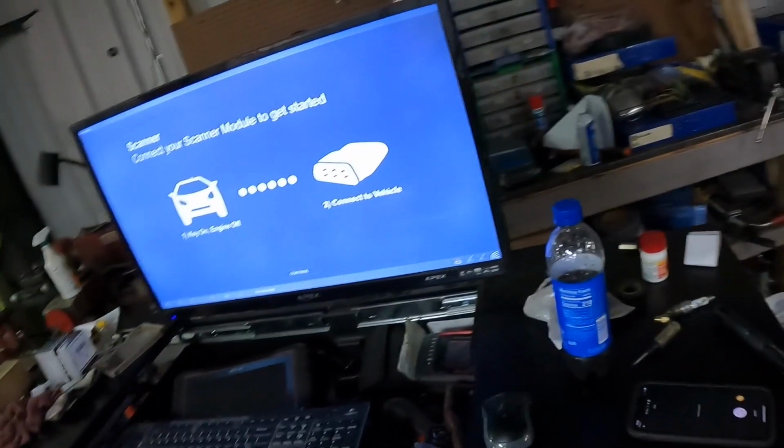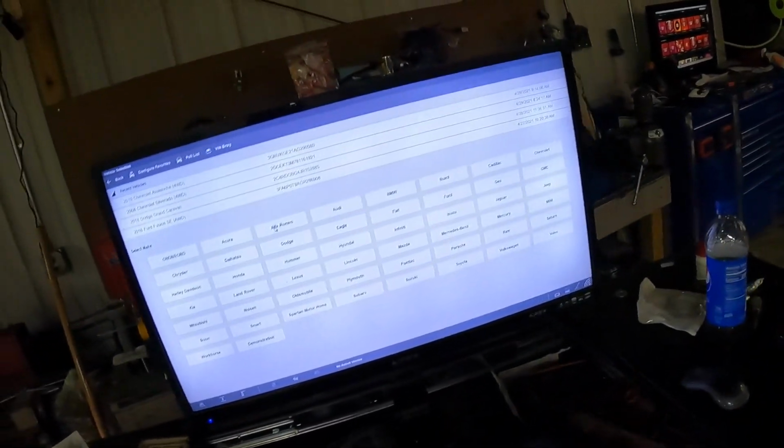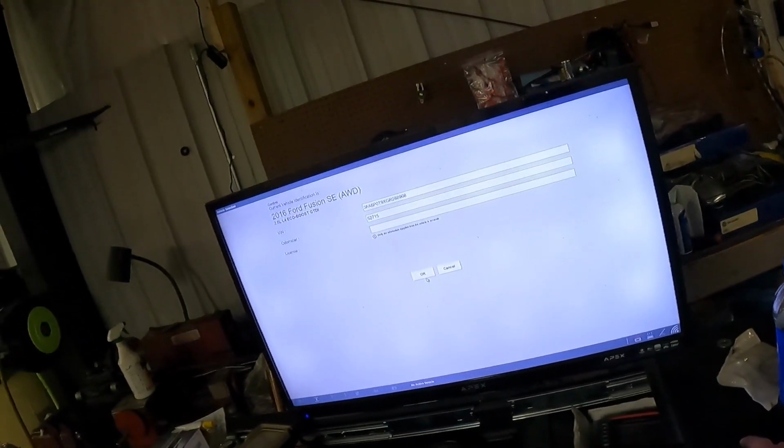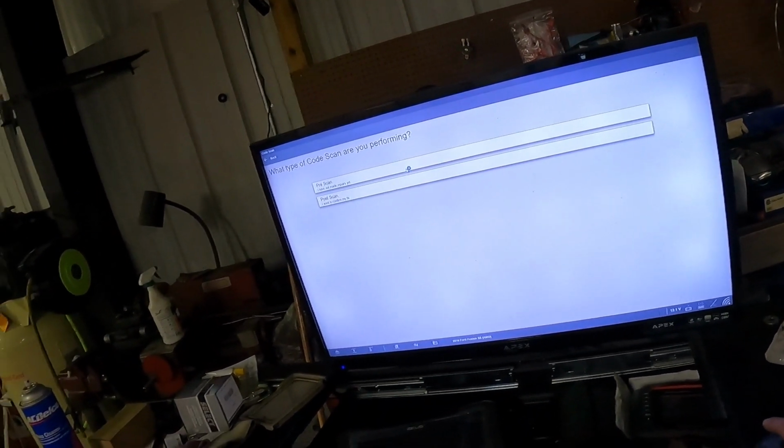Let the Zeus recognize the vehicle. Haven't found it yet. May take a few seconds. Looks like it was picking it up now. There it is, it sees the vehicle. Only 52K on the vehicle. We'll do a full system scan and see if we see anything